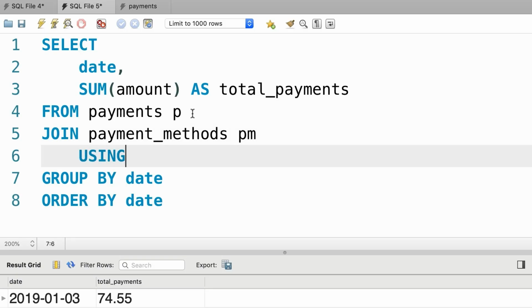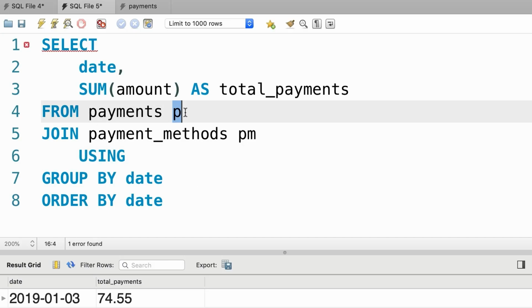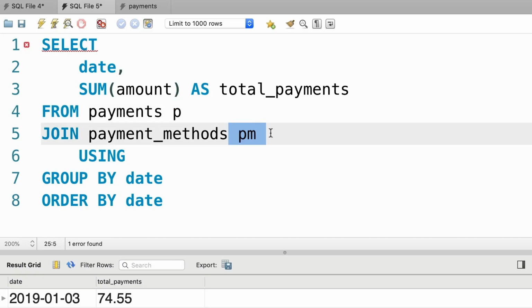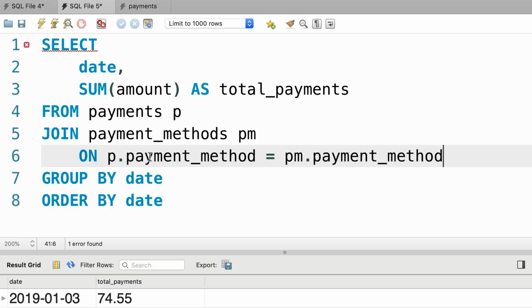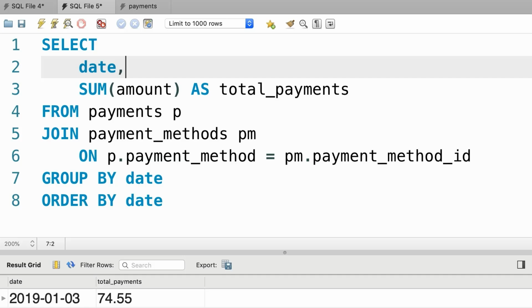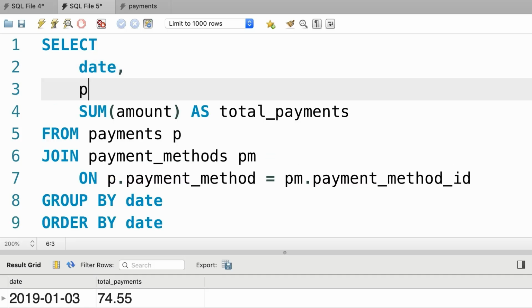Now here we cannot use the using clause because our join columns are named differently. In the payments table, it's called payment method. In the payment methods table, it's called payment method ID. So here we'll have to use the on keyword: on p dot payment method equals pm dot payment method ID. Now that we have joined our tables, we go back to our select clause and pick pm dot name